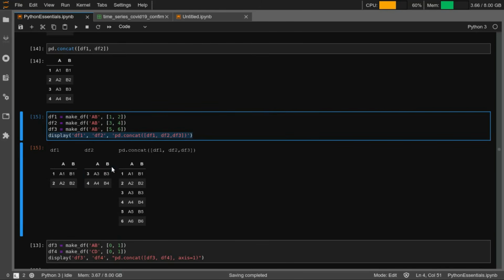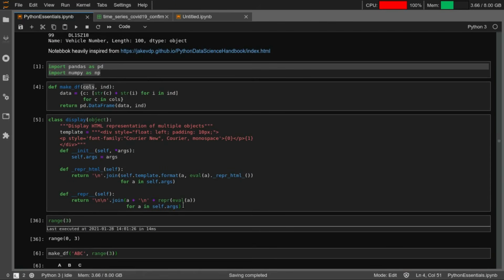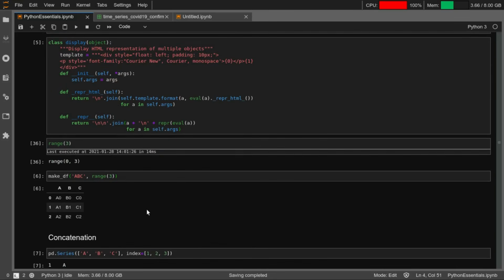For this tutorial we are using this display function. Otherwise, you could also make use of head and those kinds of functions, which allow you to look at a data frame. For the tutorial, where we want to show you examples, we are making use of this display function. I'm just mentioning the utility. If you want to understand how it works, please have a look. I'm not going to go through that at the moment.